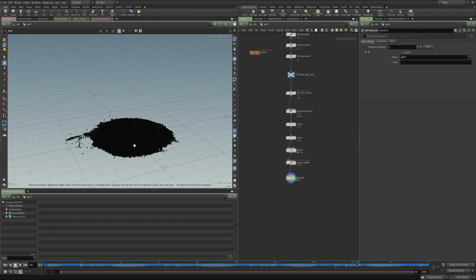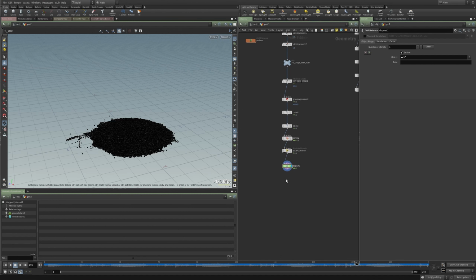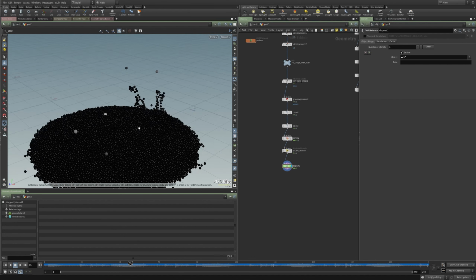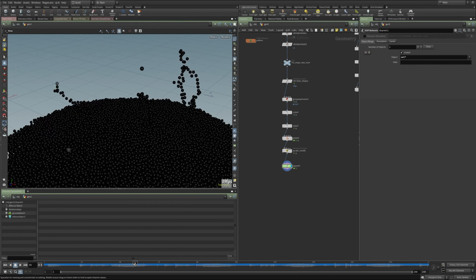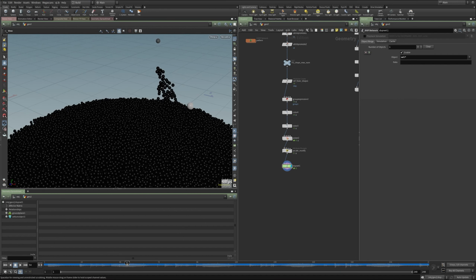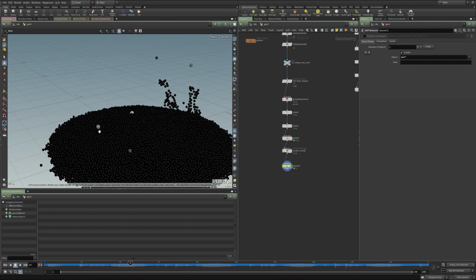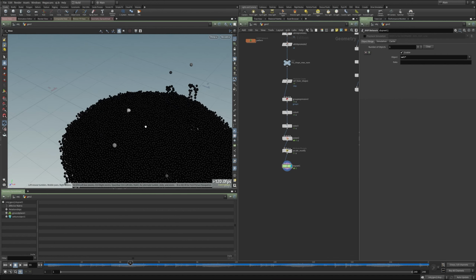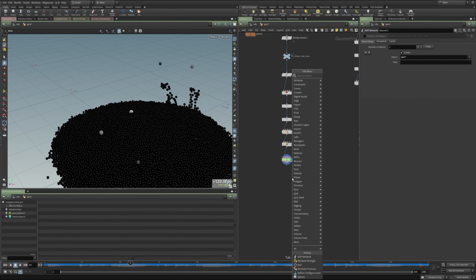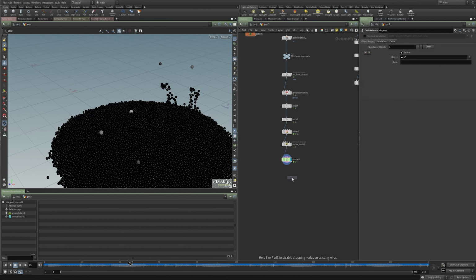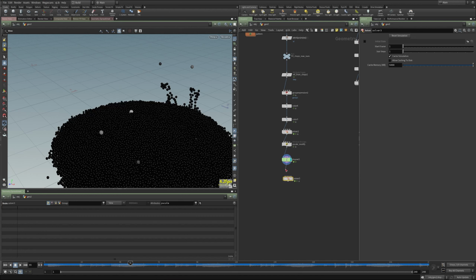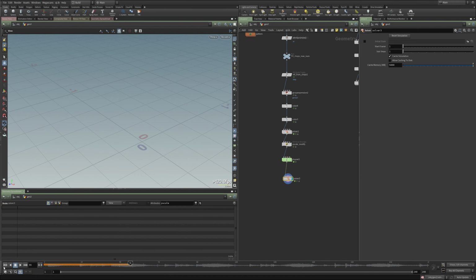So now we're going to talk about how to get the color in. We do have incoming color. Like we can see, the ones where they're scaling up, they do have color. But what I'd like is for that to populate around them a little bit. So again, the way that I thought to do this is in another solver. There's nothing but solvers in this walkthrough, but I think they make sense.